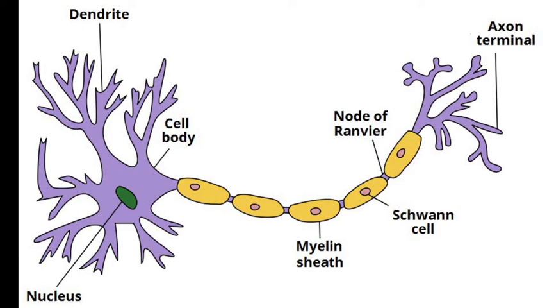Suppose there are two neurons A and B near each other. A is the sensory neuron, which is directly connected to the receptor in the sense organ, and there is an extremely small microscopic gap between the axon of neuron A and the dendrites of the next neuron B, which is called synapse. So the receptor in the sense organ is in touch with the dendrites of the sensory neuron. When the stimulus acts on the receptor, a chemical reaction is set off which produces electrical messages or impulses. These impulses travel from the dendrite of sensory neuron A to its cell body and then to the axon.